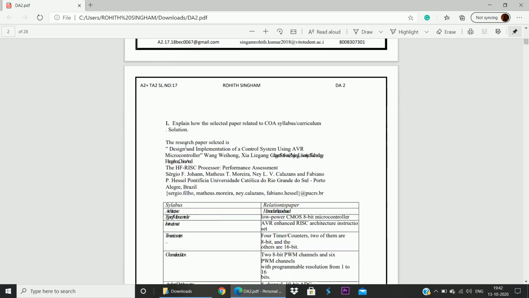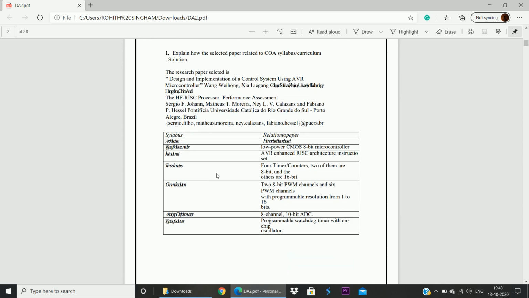Let's come to the first question: explain how the selected paper is related to the COA syllabus or curriculum. The research paper which I have selected is the design and implementation of a control system using the AVR microcontroller. This is the information on the providers of the research paper. This error has come just now. I don't know why it happened. So these are the